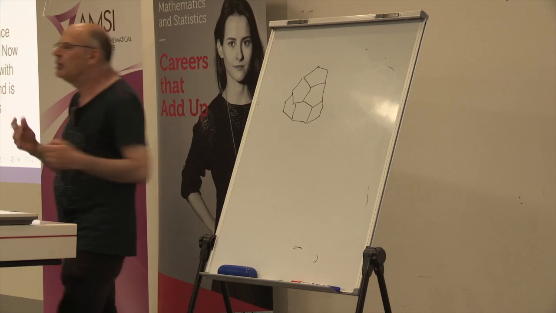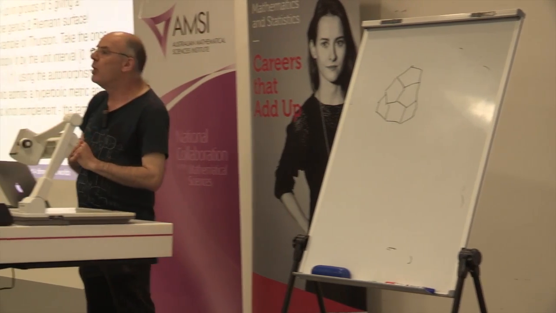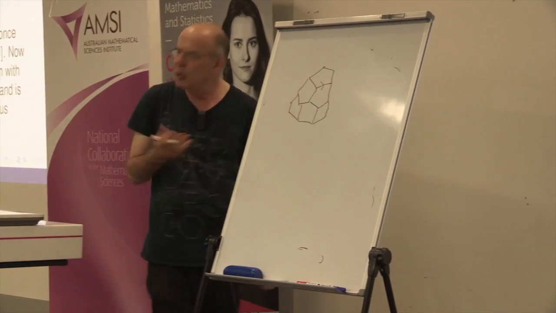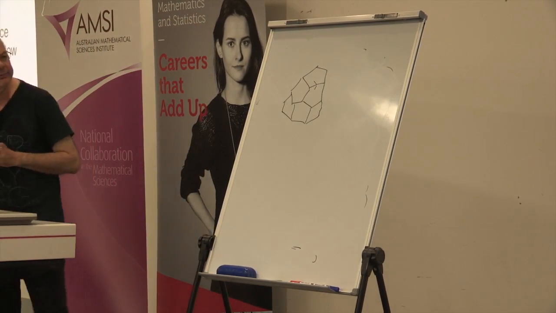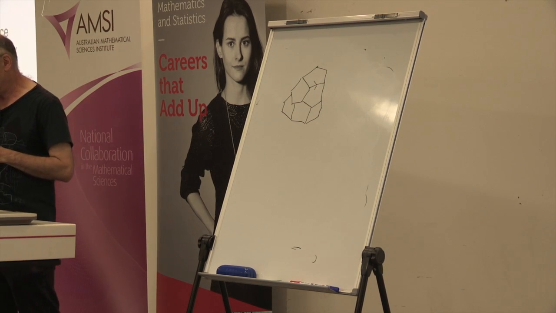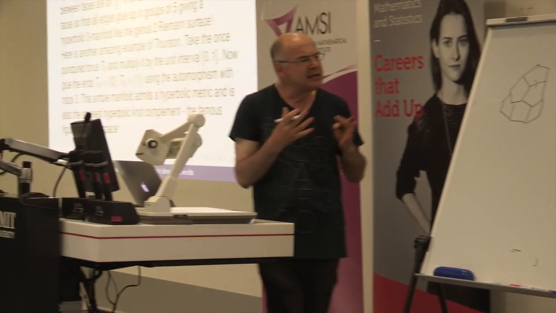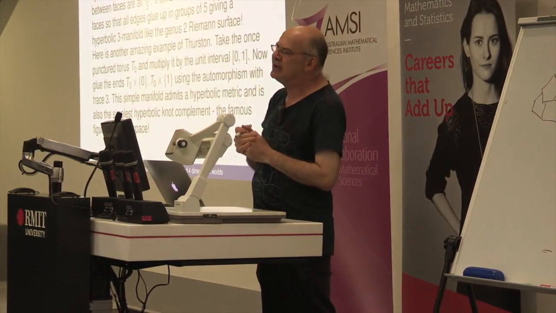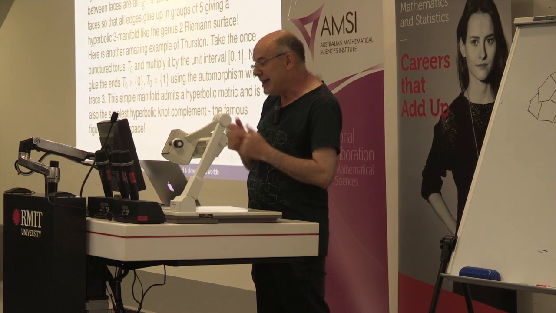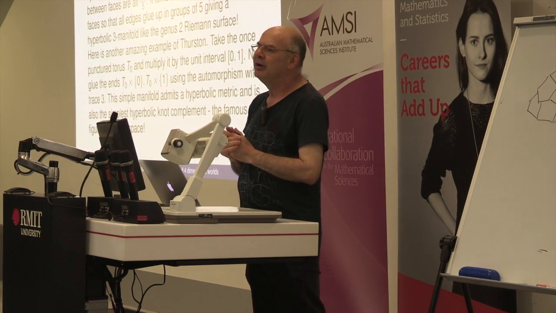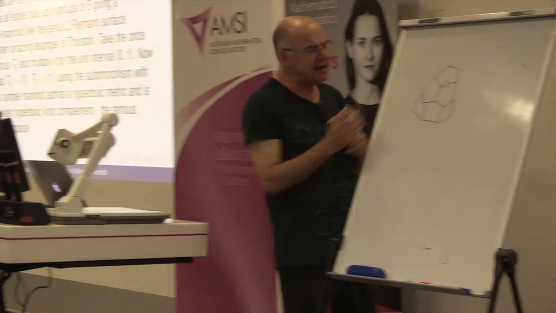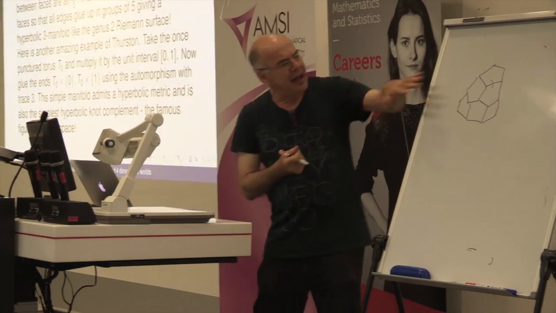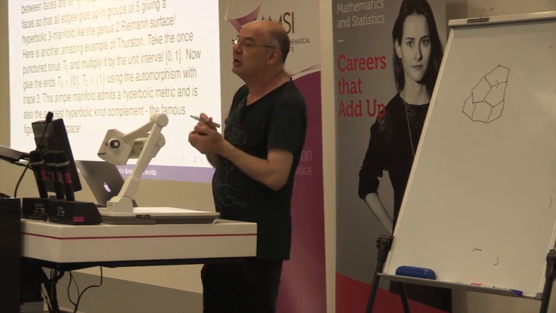Okay, so we have the Euclidean dodecahedron that has 12 pentagonal faces, and you can work out the angle between the faces. This is about 108 degrees or something, I forget exactly what it is, but you can do the same argument in hyperbolic space as the argument I did for the existence of Riemann surfaces. And that's actually what they do in their paper. Seifert and Threlfall, they say, if I take a tiny little dodecahedron in hyperbolic space, the angles between the faces are very close to Euclidean.